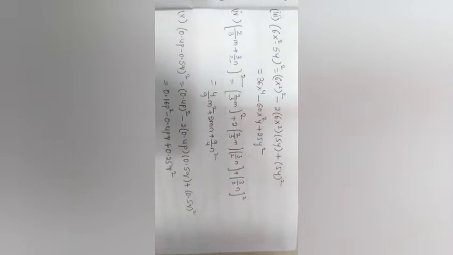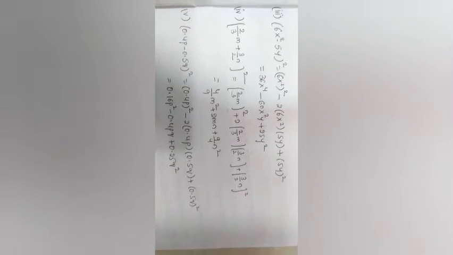Third, fourth, fifth, sixth, seventh questions are the same as 1, 2, 3. Just check them. Third question, find the following by using the identities. It is in the form of (a minus b) whole square. So a square minus 2ab plus b square form. The next is in the form of (a plus b) whole square. Third bit, it is in the form of (a minus b) whole square. Next, it is in the form of (a plus b) whole square. Then it is in the form of (a minus b) whole square, fifth bit. Sixth bit is in the form of (a plus b) whole square.